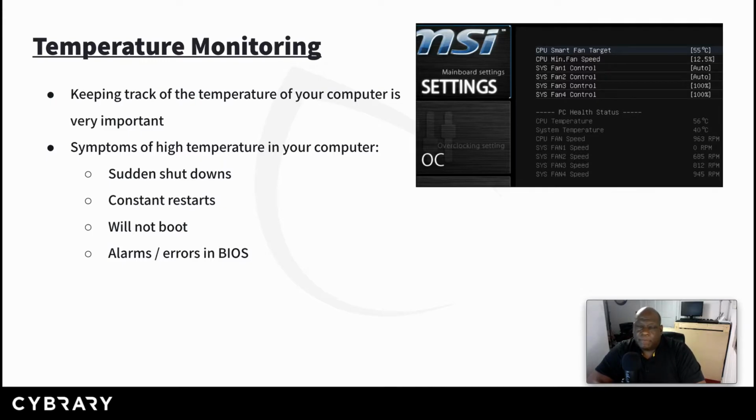Symptoms of high temperature in your computer. You experience sudden shutdowns, constant reboots or restarts, or your system may not boot at all. Or you may boot, but you may see alarms or errors in BIOS, and we covered that earlier in another lesson. You'll see error postcodes in POST. It will say temperature alarms and so forth. All of these symptoms are telling you that your computer is running too hot and something needs to be done